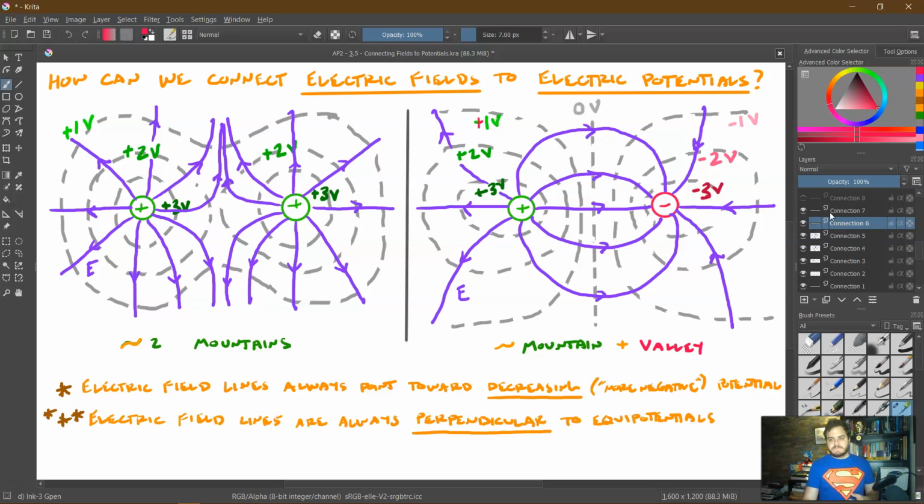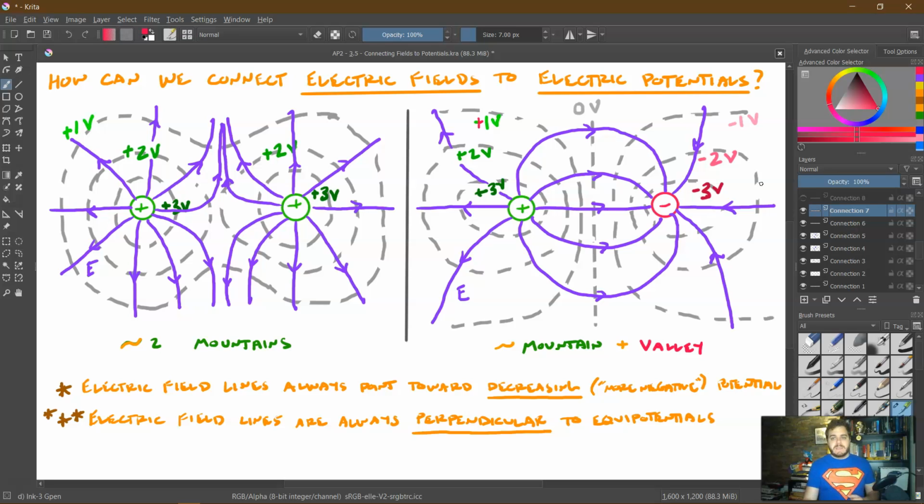Secondly, and this is really crucial, electric field lines are always perpendicular to equipotential lines. And as we can see, we've actually done that here. If I look at these equipotential lines, every time an electric field line passes it, it's at pretty much a perfect 90-degree angle. That is a really useful way to be able to draw these fairly easily, because if I'm going from, for instance, this point, I have to constantly be perpendicular between all of them. If I'm not perpendicular, then that is not